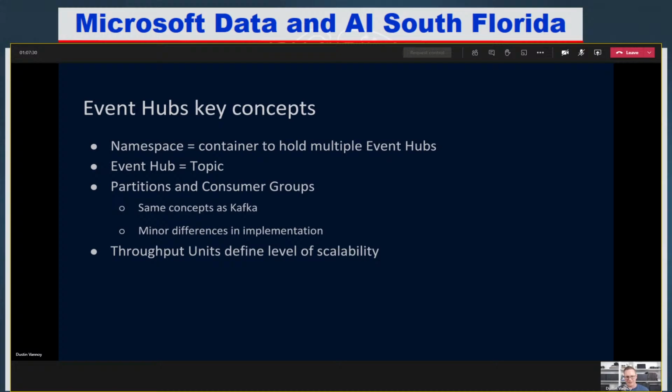And then one key item to look at, and there's actual documentation that tells you the exact throughput it supports, is throughput units. That is how you decide scalability, and you can set some level of auto scale. That's at the namespace. So if you have really big event hubs, you may want to put those in separate namespaces so you can scale them differently. But assuming you can get enough throughput units to handle a load, you can put up to 10 event hubs all in the same namespace and manage them that way.